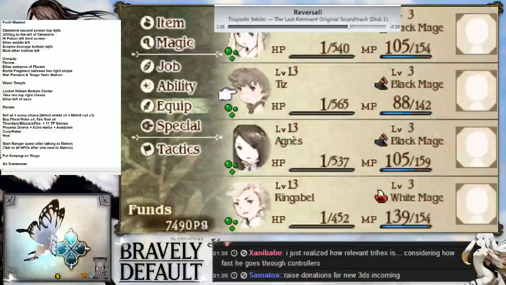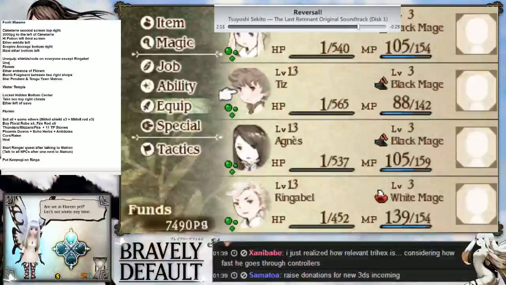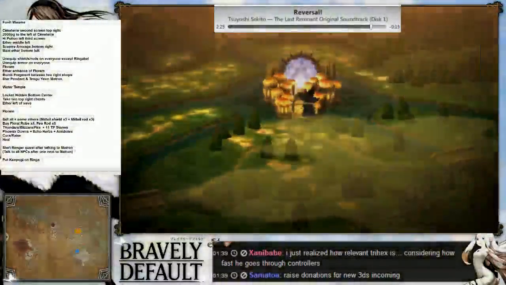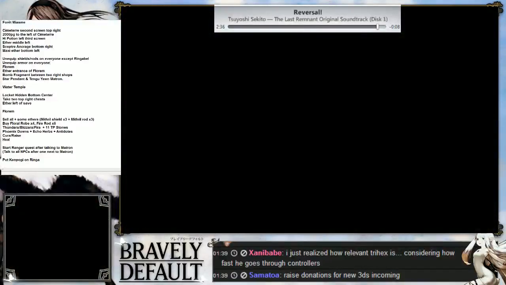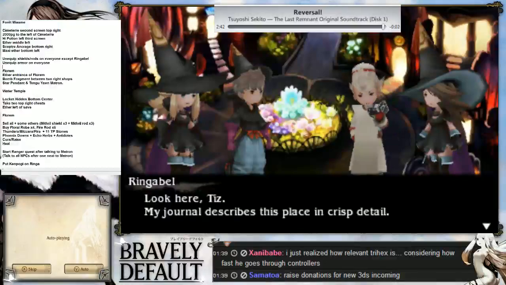So that means you unequip shields, rods on everyone except Ringabel, unequip armor on everyone. So once you've done that, you can now enter Florum and start with the very first part where there's really nothing to do for like 10 minutes. So the first thing you want to do inside Florum, after skipping those two cutscenes,